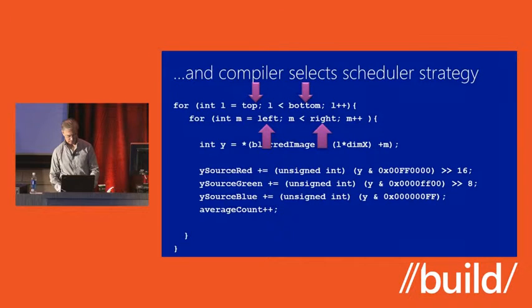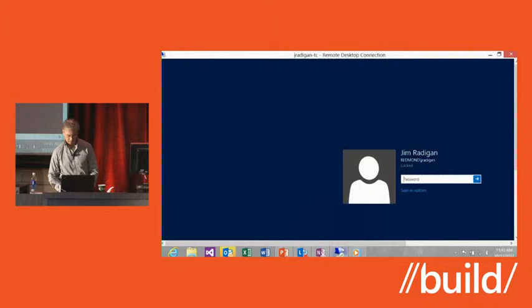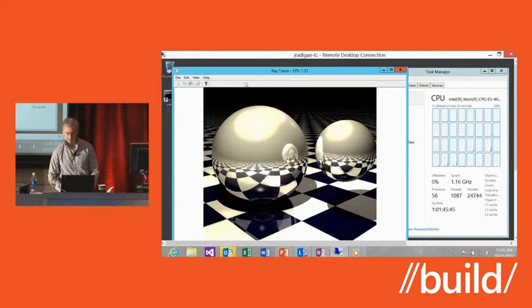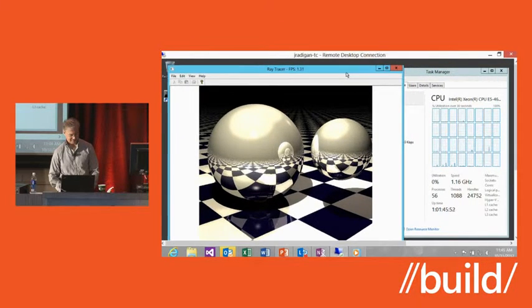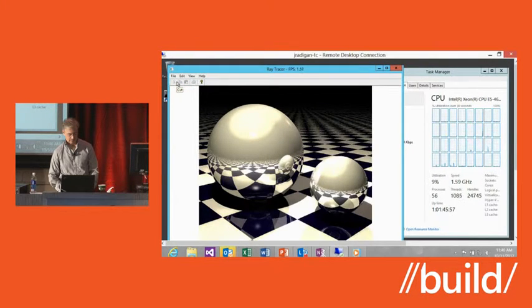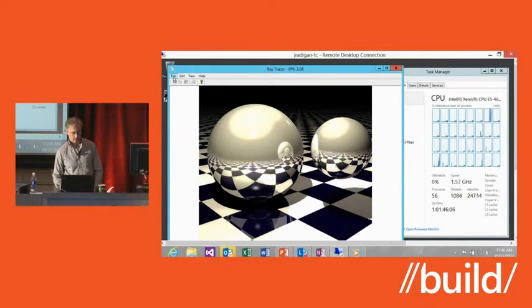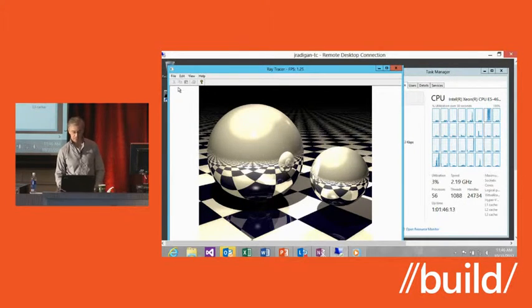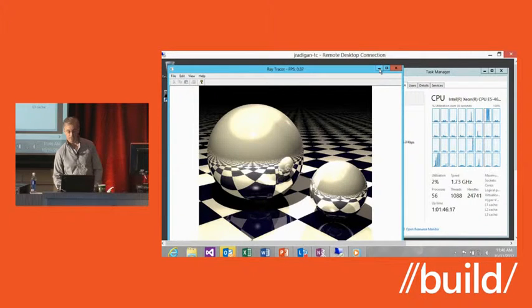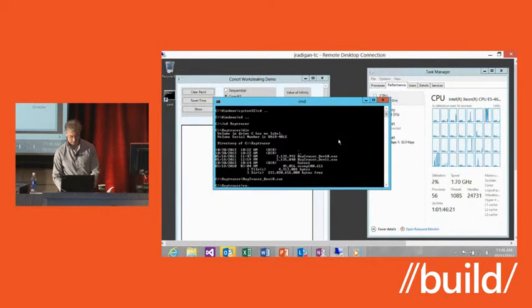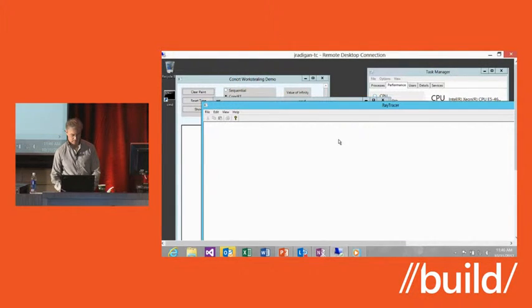So let me just show you this demo. On the right, you can see the CPU cores. This is a 32-core machine. This is something you want at home. There's one core floating around with a little bit of parallelism through PPL. And that's the best we could do with Dev 10 or Visual Studio 2010. So now this is 2012,